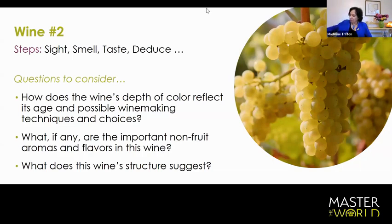Off to the nose, which is where all of the generosity of the wine is going to be. I always look for a few terms. As people know, FEW stands for fruit, for earth, and for wood. And if you can address those elements of wine, you're going to be an expert in the eyes of everybody with whom you know. And as you think about this in the context of the questions there, the color, generally